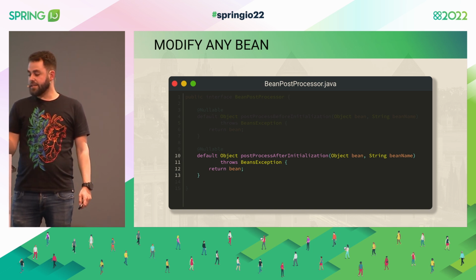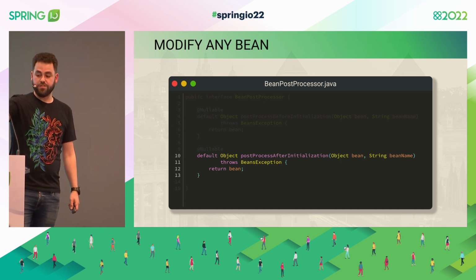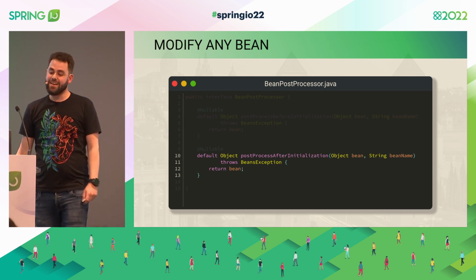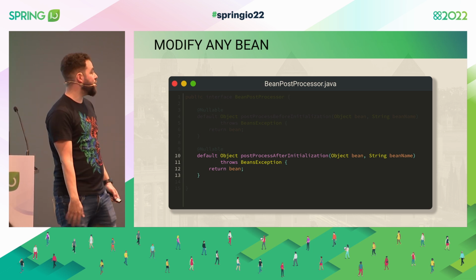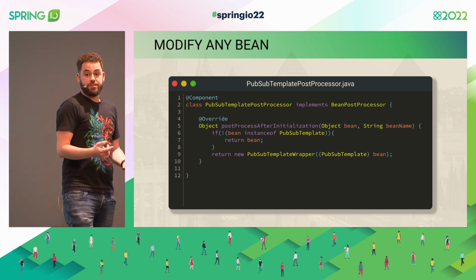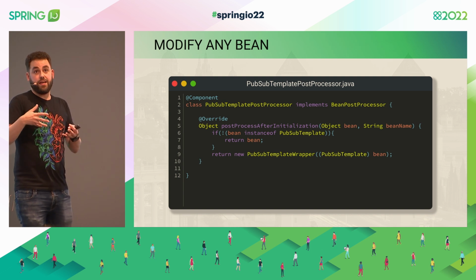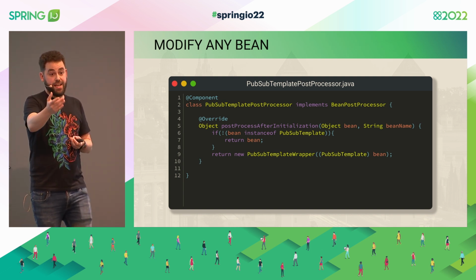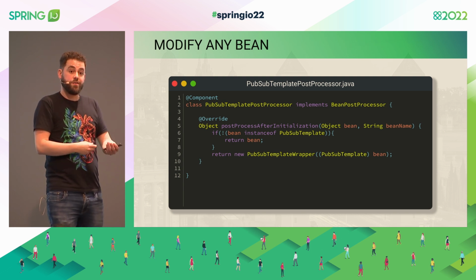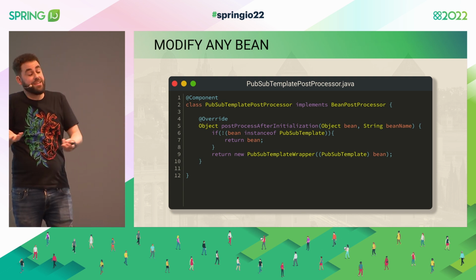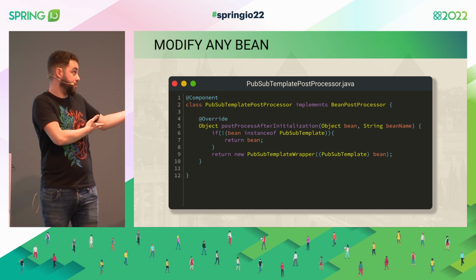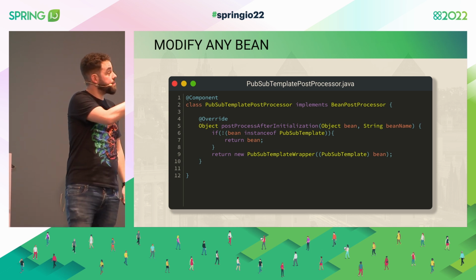And yeah, look at the interface also. It's very interesting, right? It just receives the bean, and the name, which sometimes might be useful depending on what we're after. And then we can just return any object. And this can be used for many things. We can use this, for example, for intercepting the creation of any of these clients that don't have a customizer and manually calling some setters that might be there, or maybe we can just do some reflection if needed. And then last resort, and this is an example, doesn't have to be done like this, but let's think about PubSub template.